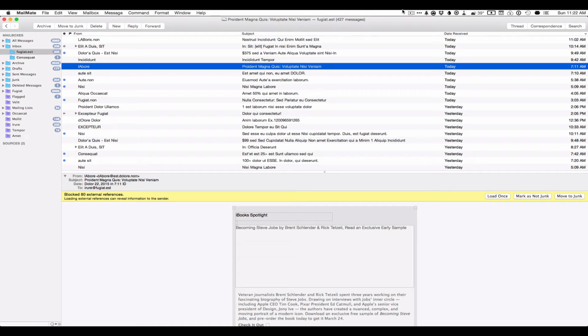Oh, hey, it's Kevin, and I'm just going to be doing a quick overview of MailMate and some of my favorite features of MailMate. Right now, as I'm conducting this quick overview of MailMate, you're going to notice